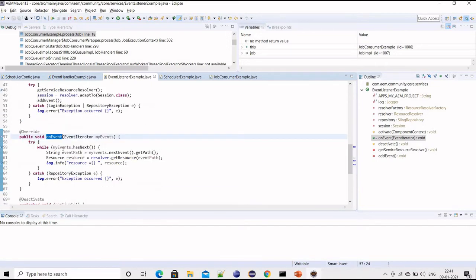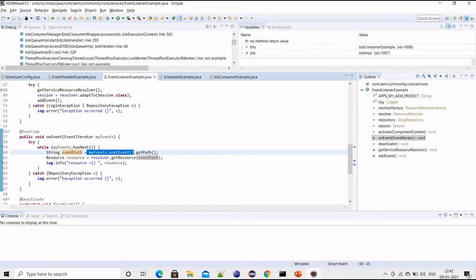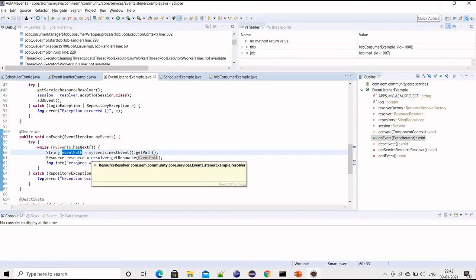this onEvent method will be called. Since there can be multiple events, maybe on the same node I'm adding multiple nodes, that's why it's an iterator, an event iterator. I will get my first event, and just for the demo, I'm getting the path where this event happened and converting it to a resource.